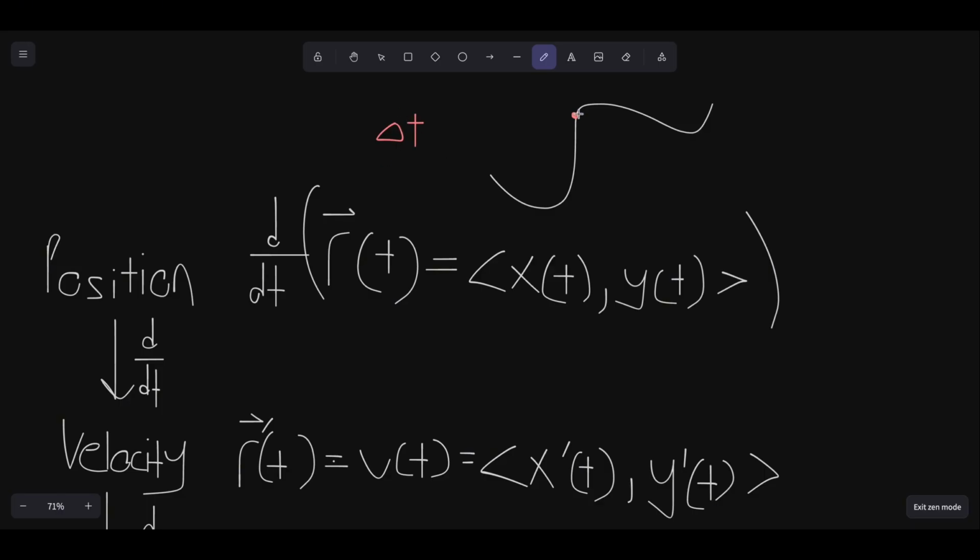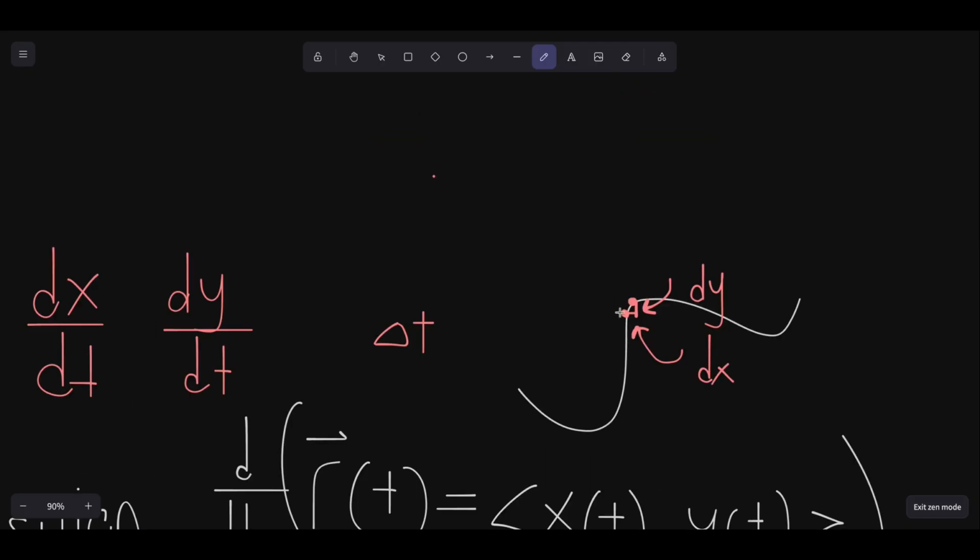For a tiny change in time, that's going to cause a tiny change in the x value, right? As your particle goes from one position to the next position. And so that's going to cause some change in x, some dx right over here. On the other hand, a tiny change in time is also going to cause a tiny bump in the height of this function, dy. So if this is essentially a tiny change in x, and this is essentially a tiny change in y, then if I take the ratio between dy and dx,